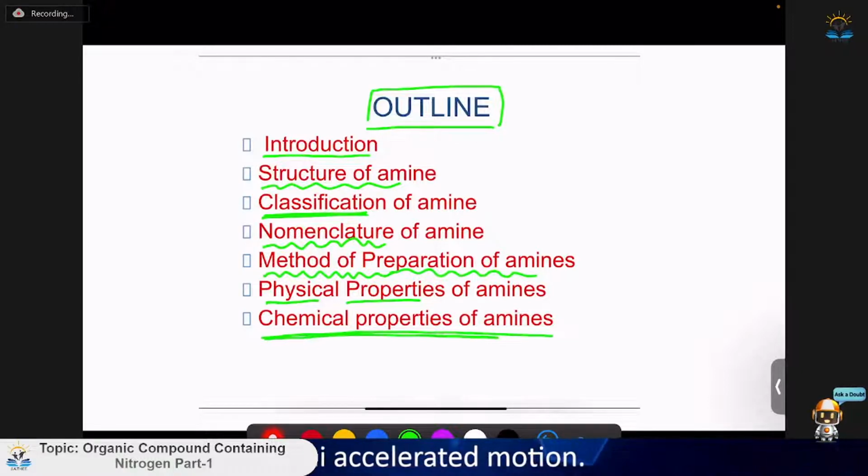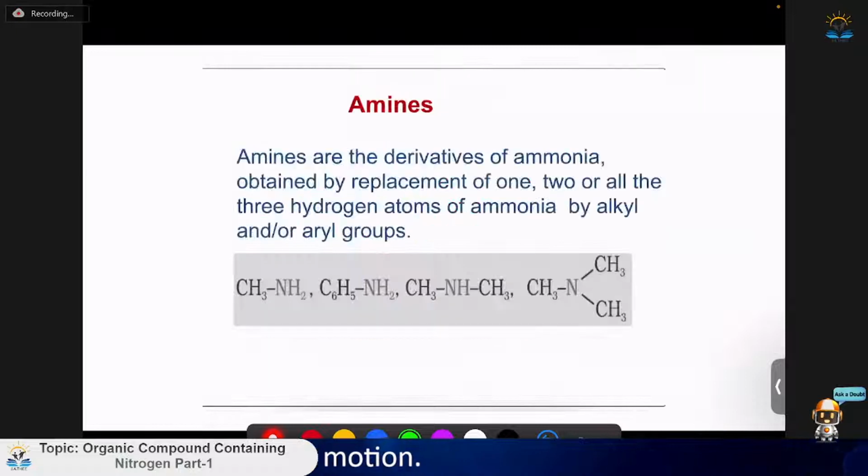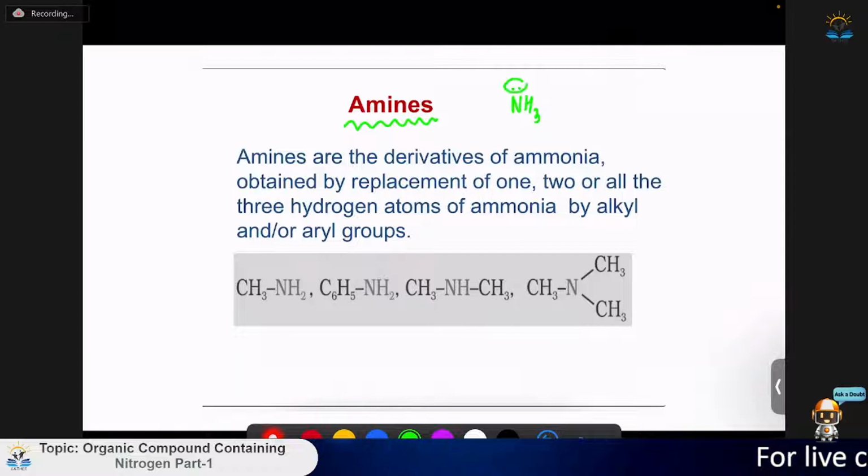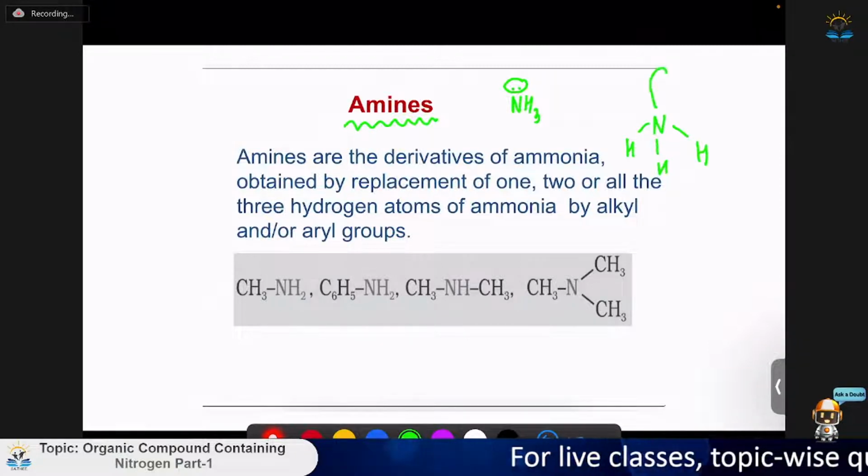So let's start. The first thing is the intro. Amines are the derivatives of ammonia. So we all know what ammonia is: NH3, and N here has a lone pair. So we know that this is the structure of ammonia. Here is the lone pair. So